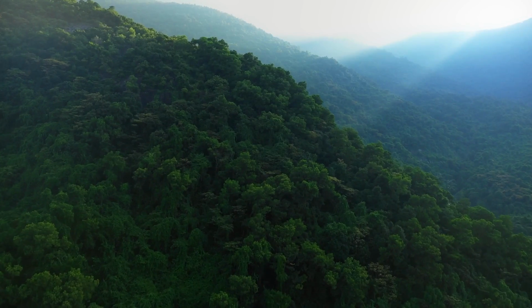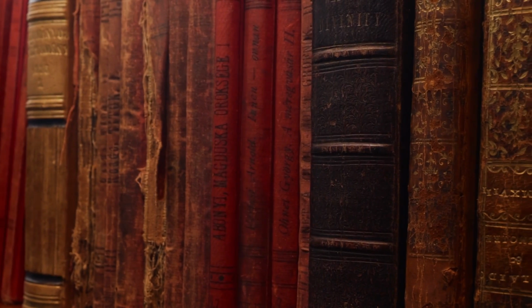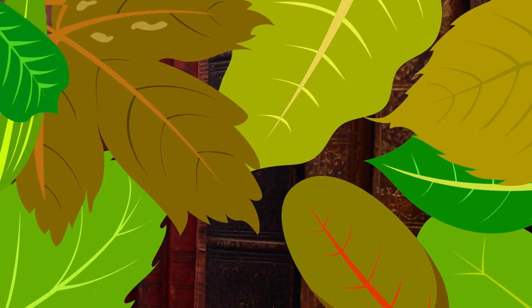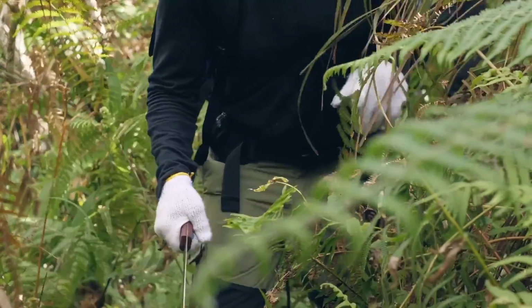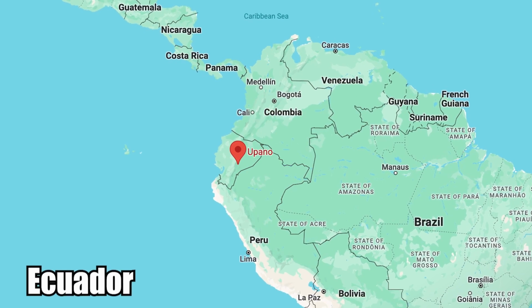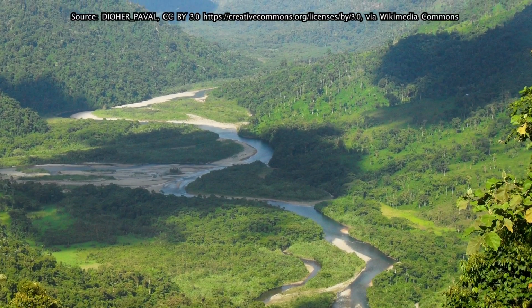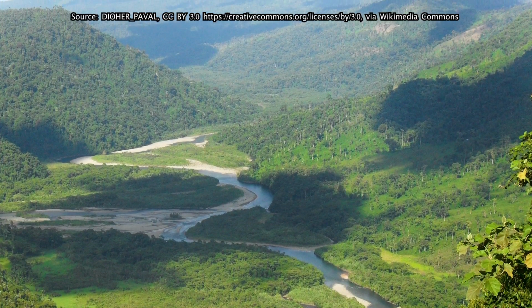The Amazon is big, mysterious, and hard to explore. Scientists have estimated 90% of human history in the Amazon is gone. It's been swallowed by the jungle and will never be found, but it's still worth looking for. Scientists from the French National Center for Scientific Research recently turned to Ecuador's Upano Valley for signs of ancient life. The Upano Valley is situated along the edge of the foothills of the Andes, a verdant landscape between mountain and